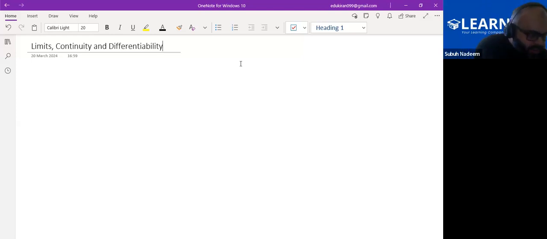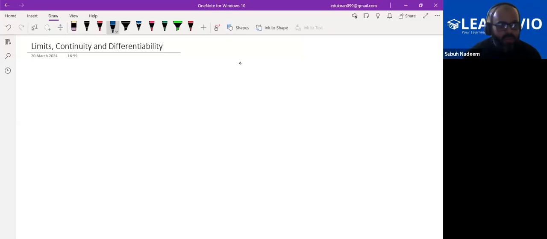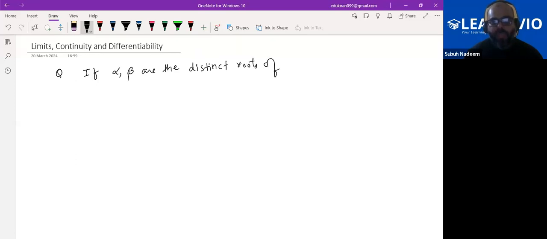So we'll start with a few questions on limits first. So this is a question. It says, if alpha, beta are the distinct roots of x square plus bx plus c equal to 0, then